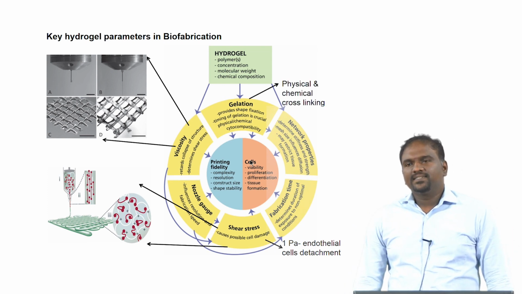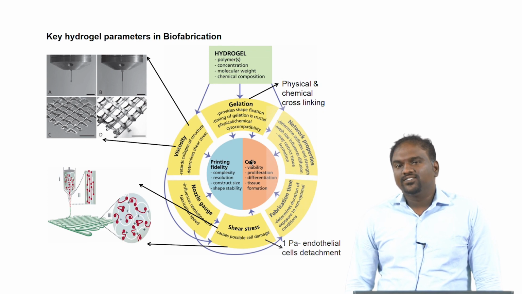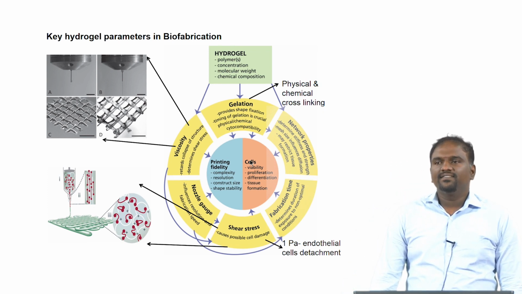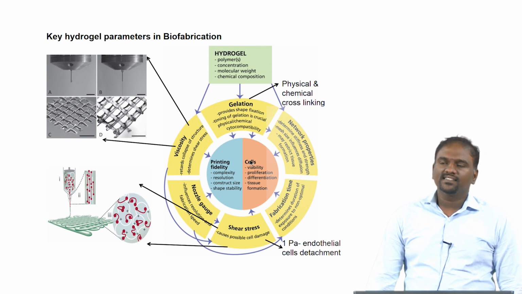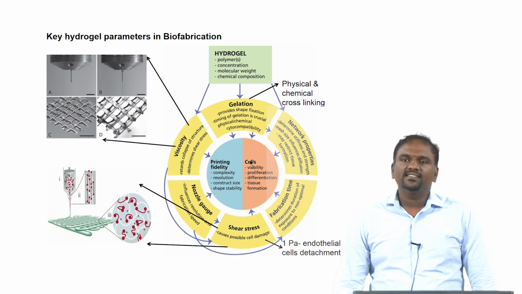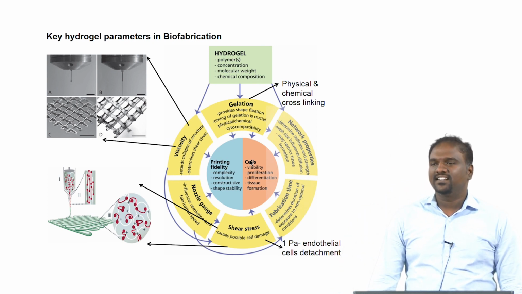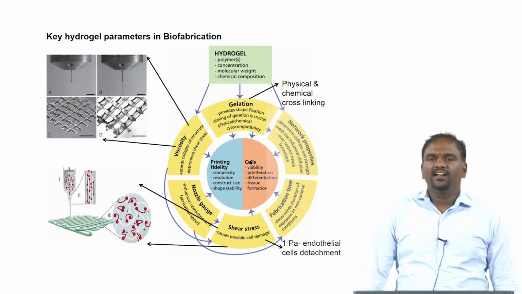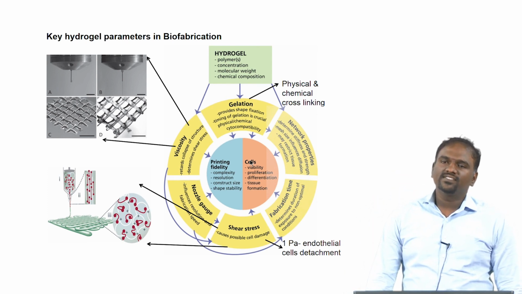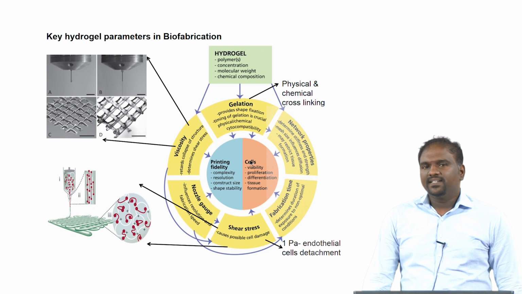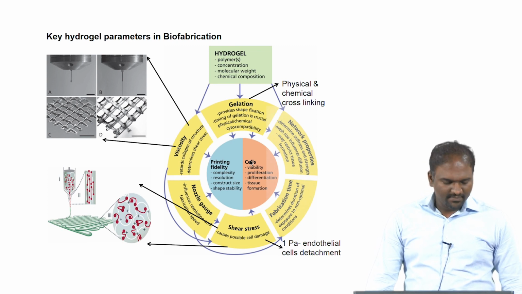Then the next step is gelation. As we all know, gelation can be physical and chemical. In physical, we can use some ionic cross linkers, or electrostatic based interaction, or we may pass even UV and we get gelation of hydrogels. And chemically, we can also use some cross linkers, because of those cross linkers that forms gel. So, these are the main parameters we should know before going for bioprinting.